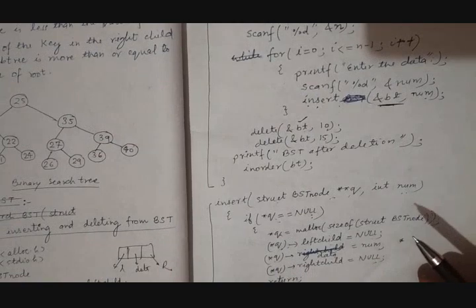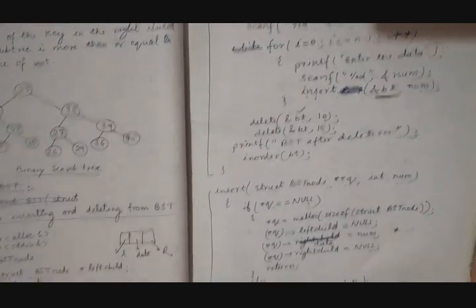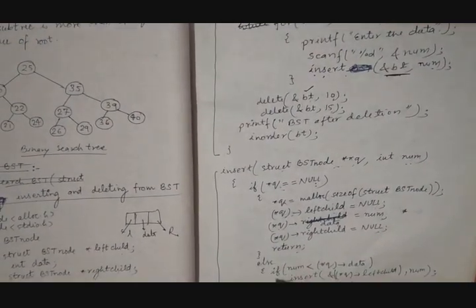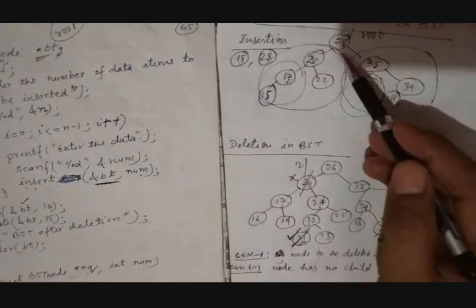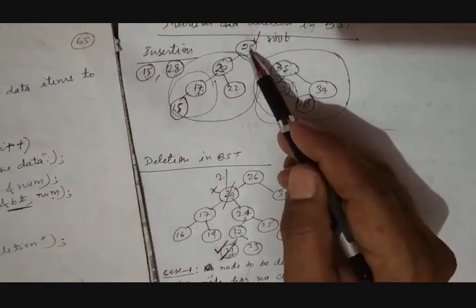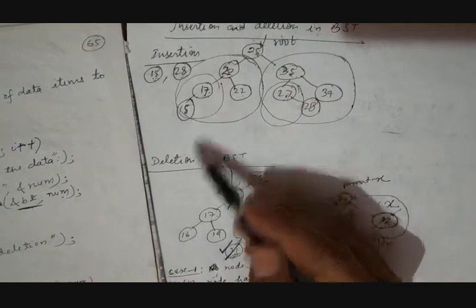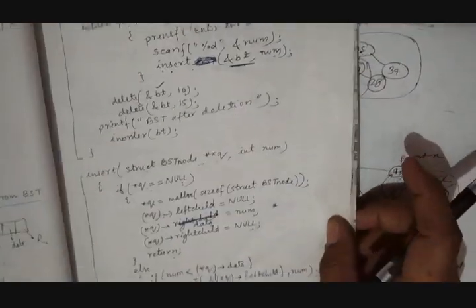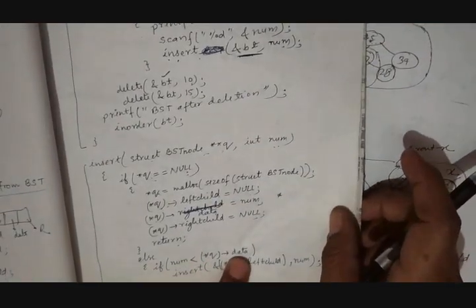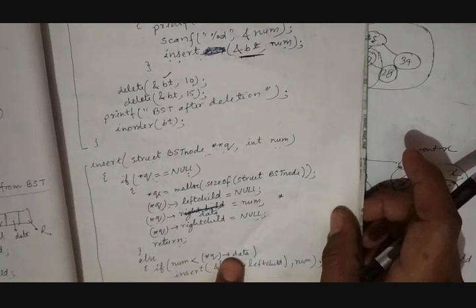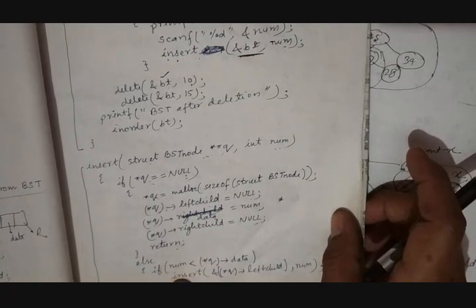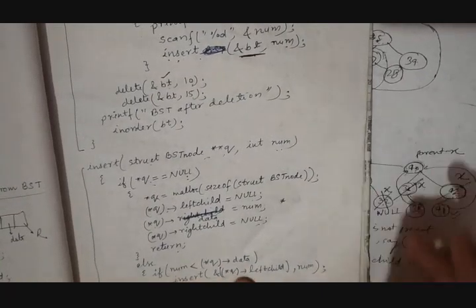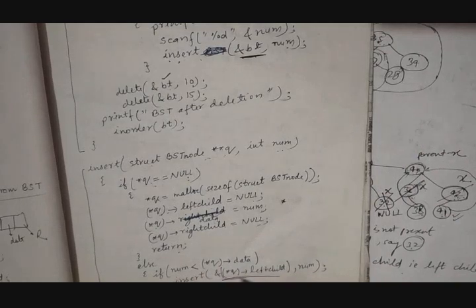If it has more than one node in the binary search tree, then the else part will run. How will it run? As we have already discussed in the example, suppose we want to add 15. It will start checking with the root node. If it is less than the root node, then it will move to the left side. This is how the code also runs here. If the number is less than the root node data, where pointer q data is the key value of the root node, then it will call the same function recursively by passing the left child parameter.